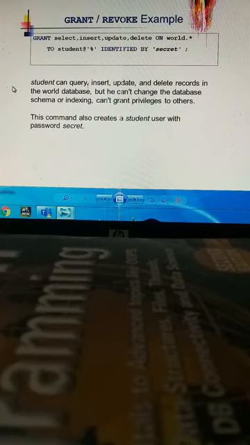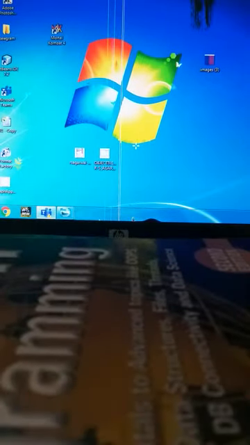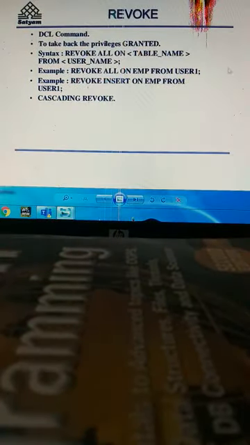So we can write the syntax of the grant command as required. This is for the grant command, to what extent we can provide the permission or privilege to the specified user. So keep this syntax in mind. The second syntax is for the revoke command, which is used to take back the permission.